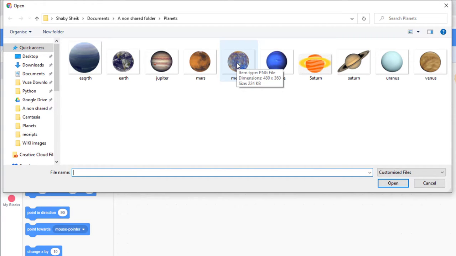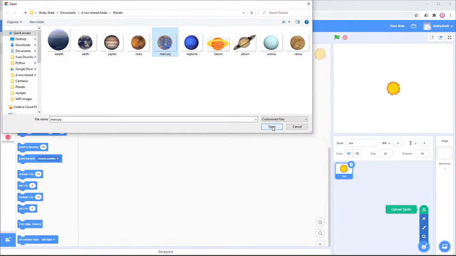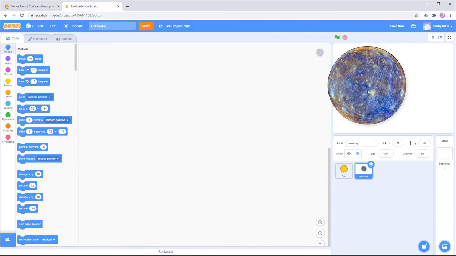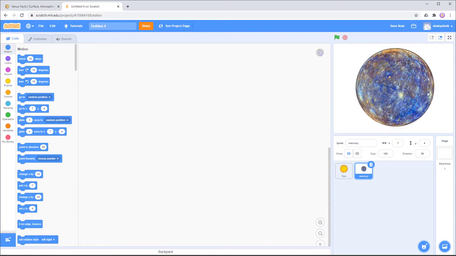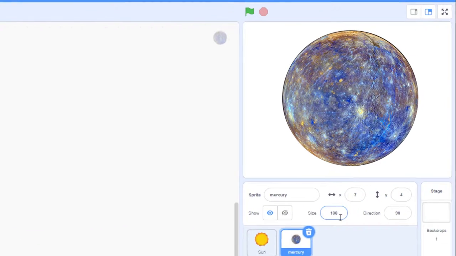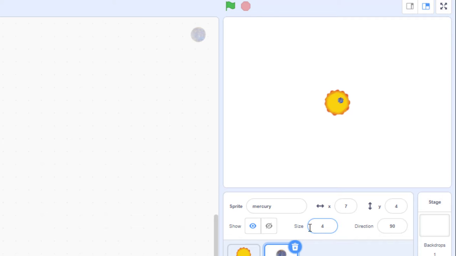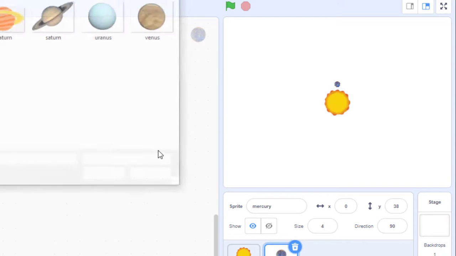The reason why I've chosen these ones is because when I open it, you'll see there's Mercury, but it has no border around it, and that's sort of what I like. Now the size of this, I want it to be about 4% of its normal size. Now in reality Mercury would be much smaller than that, but we'll start with 4%. And I'm going to add another planet in, so I might just add the first 3. So I'll also add Venus,